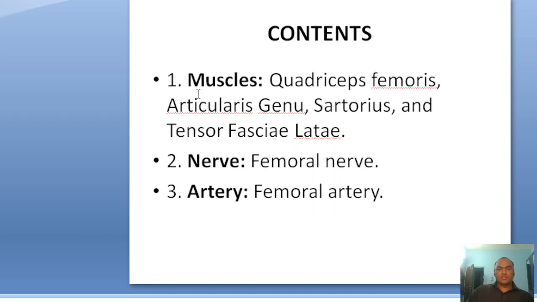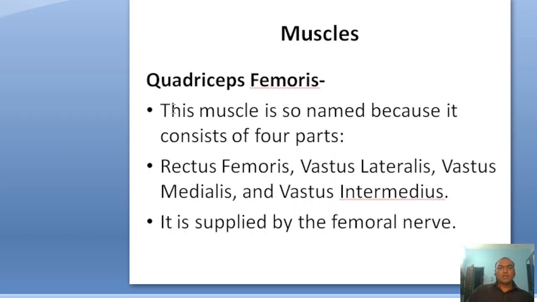First of all, we start with the muscles of the front of the thigh. The muscle is quadriceps femoris. It is so named because it consists of four parts: rectus femoris, vastus lateralis, vastus medialis, and vastus intermedius. It is supplied by the femoral nerve. So in this